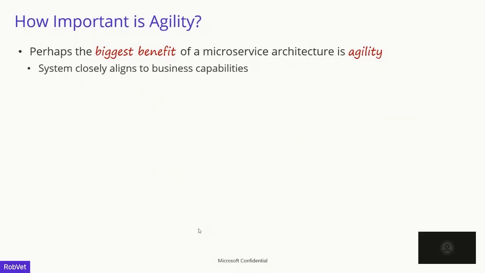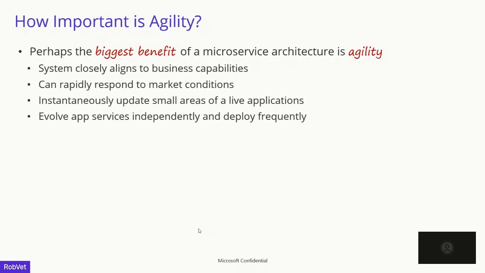I've got a pricing service, an inventory service, a shopping basket service, very closely aligned. They can rapidly respond to market conditions. If my competitor makes a change to their catalog, I can make a change to my product catalog and push it out quickly. I can instantaneously, this is important, update a small area of a live application